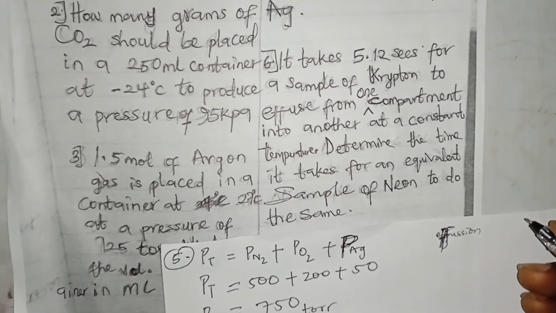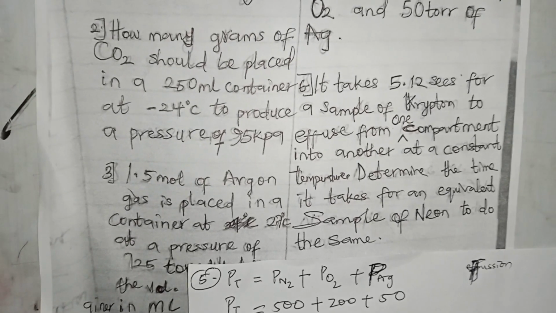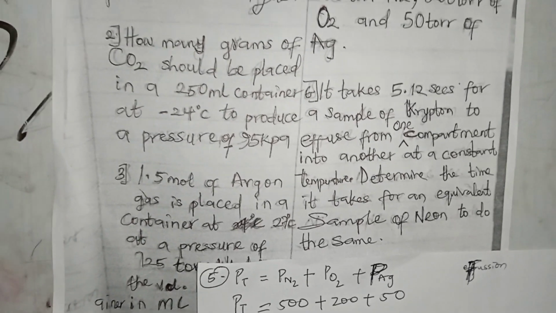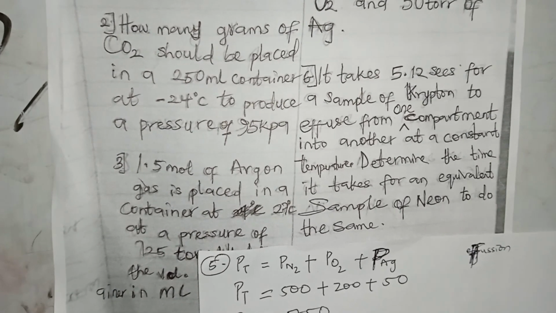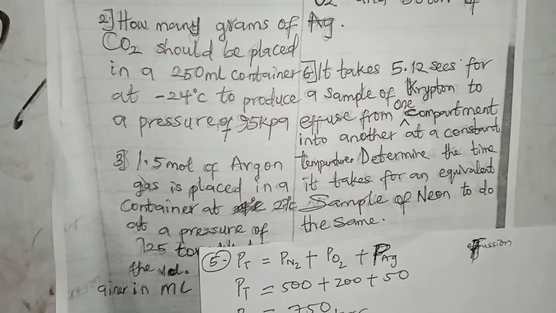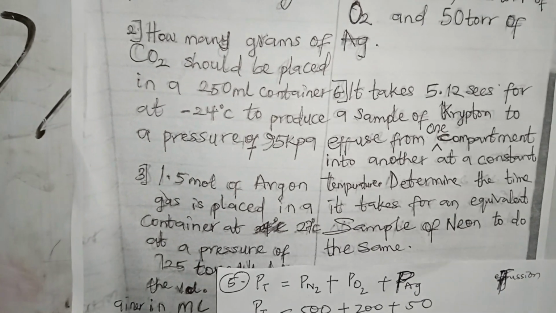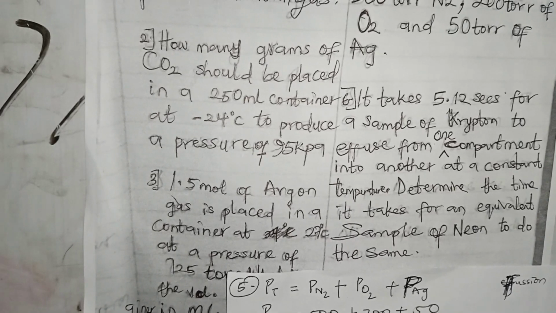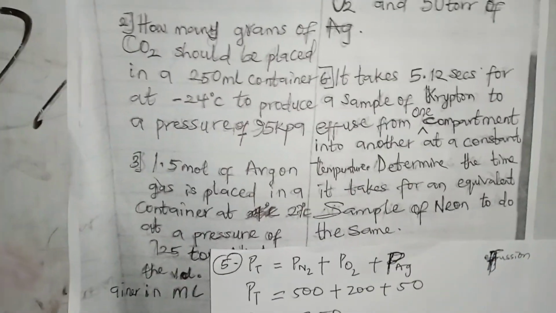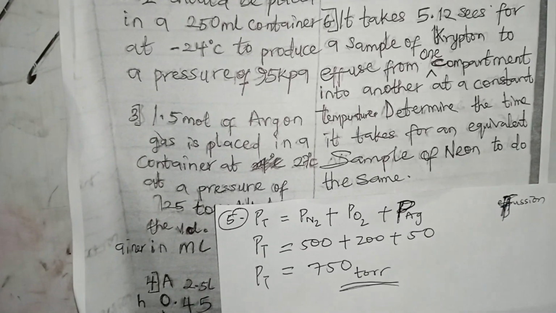Now, the summary of Graham's law of effusion is that lighter gases travel faster than heavy gases. So the lighter you are, the faster you are. That means that if you have a gas with lesser molar mass, it will be the first gas, because it will travel faster. It will be the M1. So for that reason, quoting the law simply means that